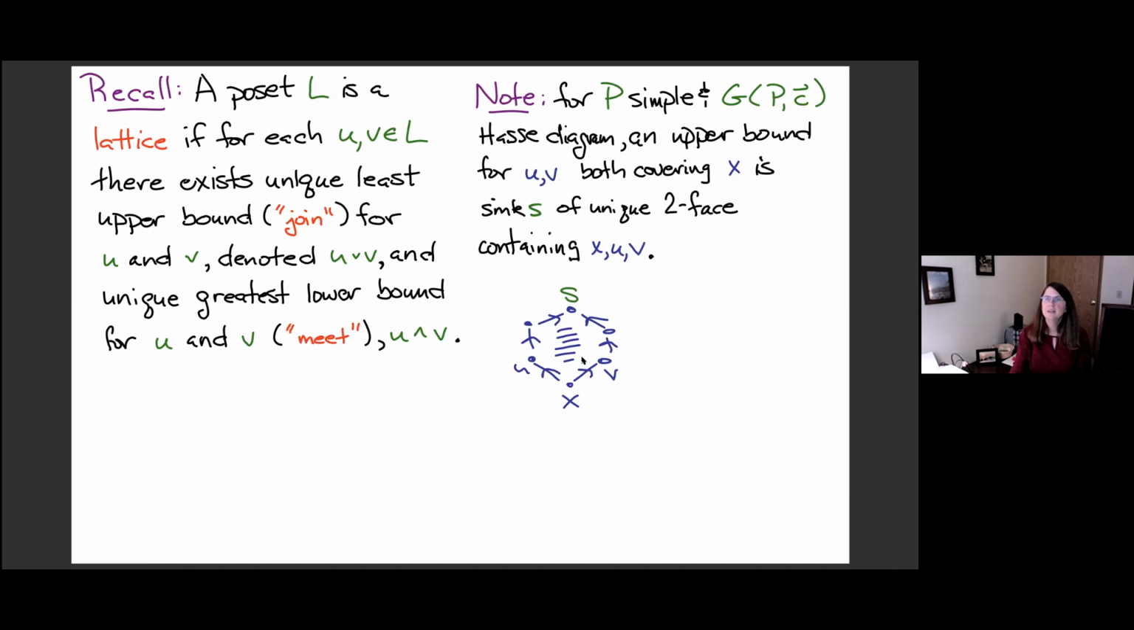So the question I want to think about now is whether this kind of upper bound you get by taking the sink of the smallest face containing these is actually the least upper bound. And it's certainly related to the non-revisiting path conjecture because,